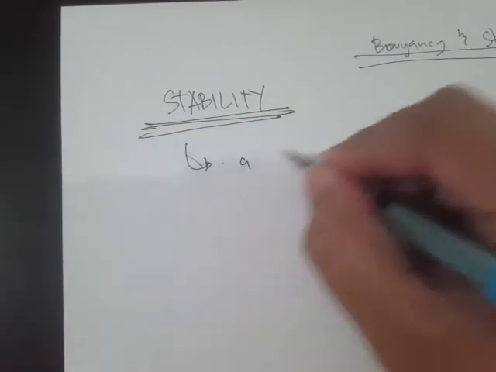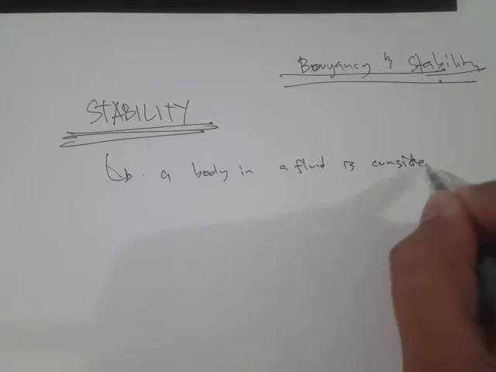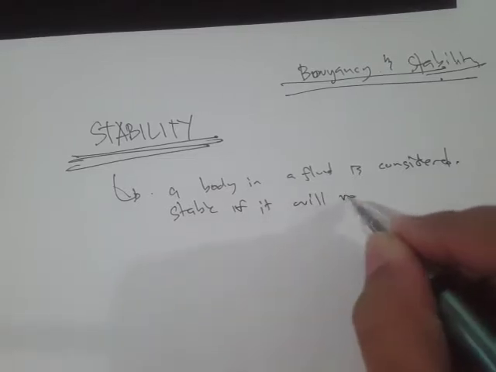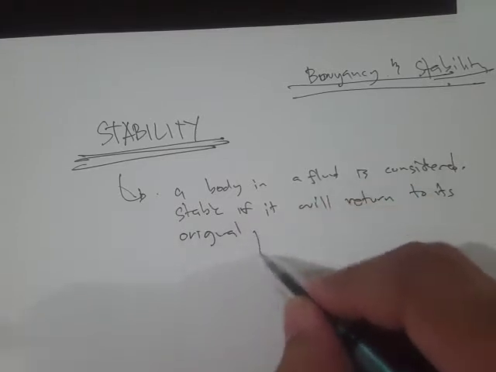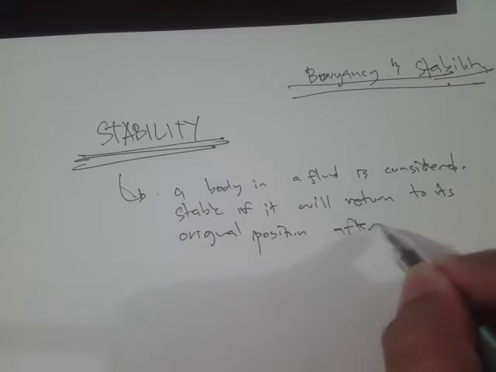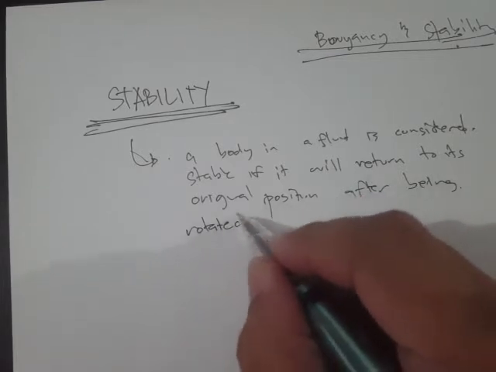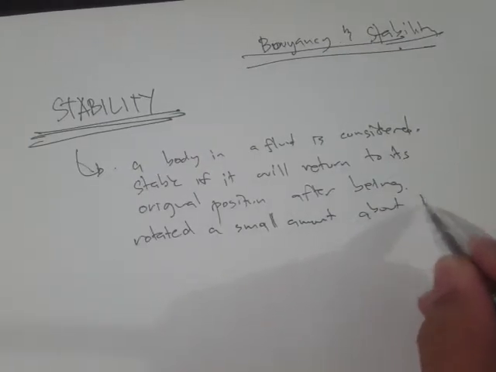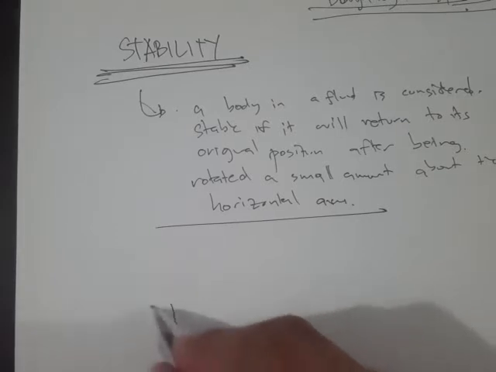Okay, so for the concept of stability, a body in a fluid is considered stable if it will return to its original position after being rotated a small amount about the horizontal axis. Okay, so for example, this is our body,